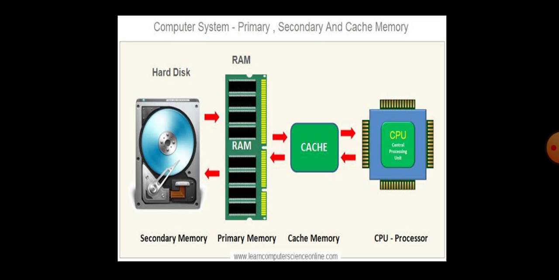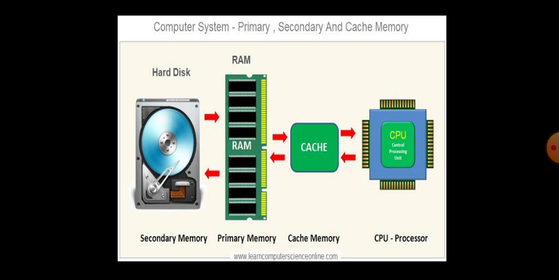So my dear children, how is the input going into the processor? From the hard disk to the RAM, from the RAM to the cache, from the cache to the processing, that is the central processing unit, where the actual microprocessor resides. There will be a control unit and an arithmetic logical unit for actual calculations.